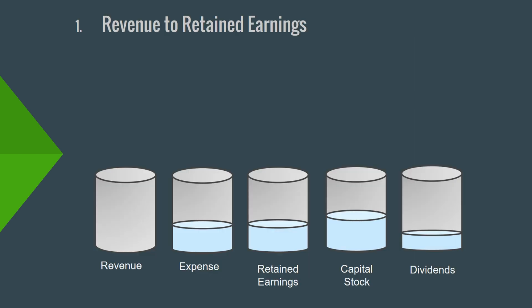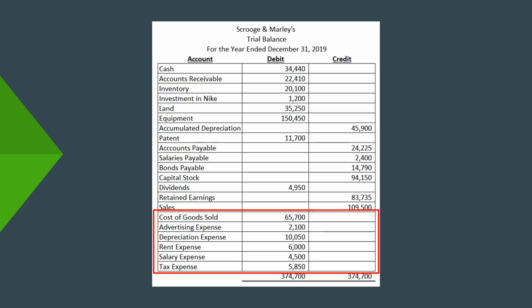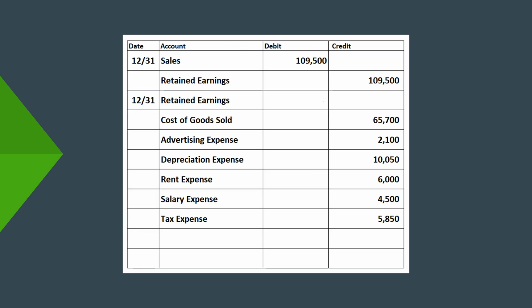Now, the second journal entry is going to be to transfer the expense balance into retained earnings as well. Now, expenses, if we look at the trial balance, we have a lot of those. You could do each of these as individual journal entries like we did with sales, or to save time, you could create one big journal entry, and that's what we're going to do here. So, the first thing we're going to do in creating this journal entry is to write a line for retained earnings at the top. We don't know what the balance is for that yet, so we're just going to leave it blank